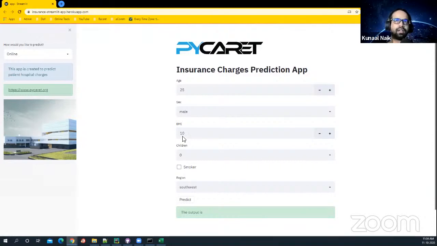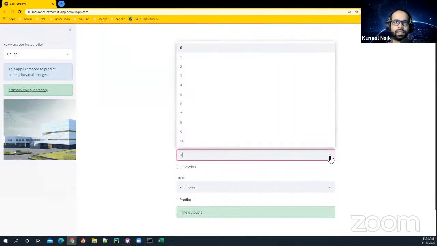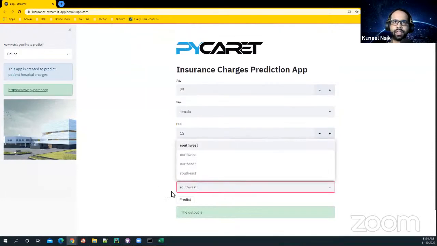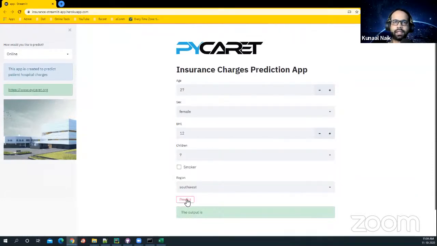Second, we're going to have an interface like this that will allow us to choose the age, the gender, the BMI of the person, the number of children, smoker or not, and which region they come from. And then click on predict, which will predict how much insurance amount the insurance company should charge